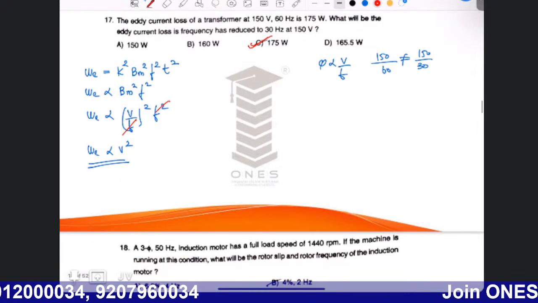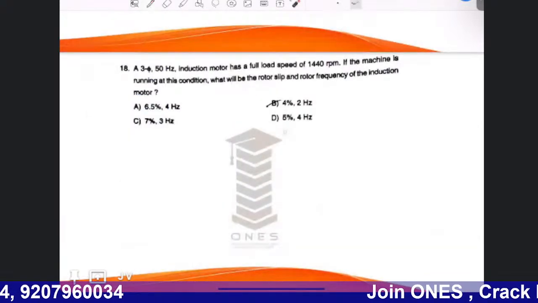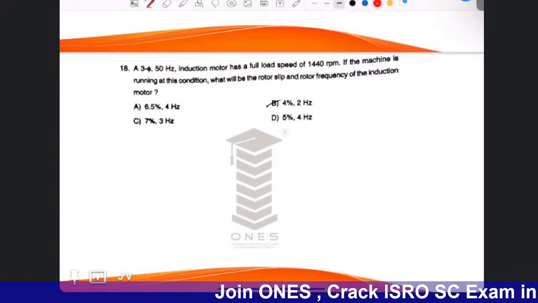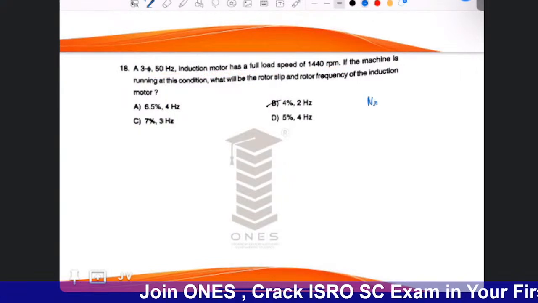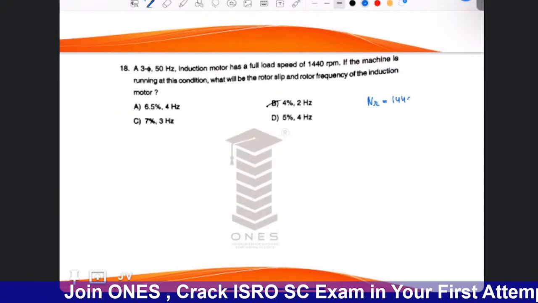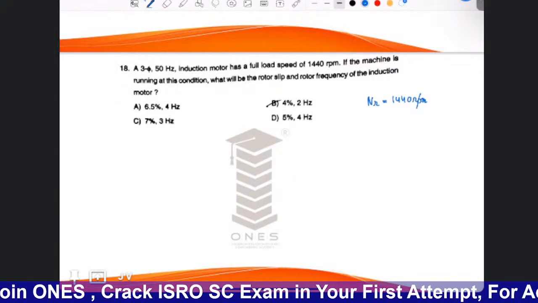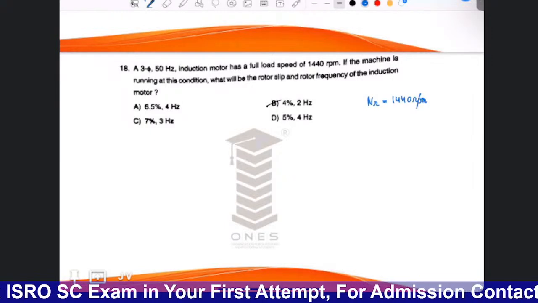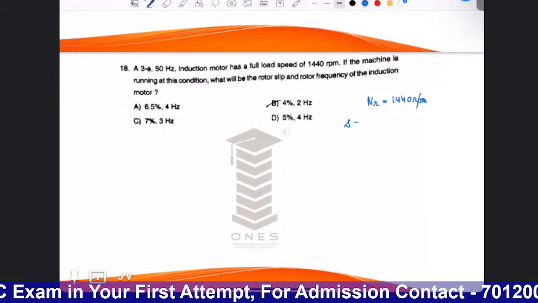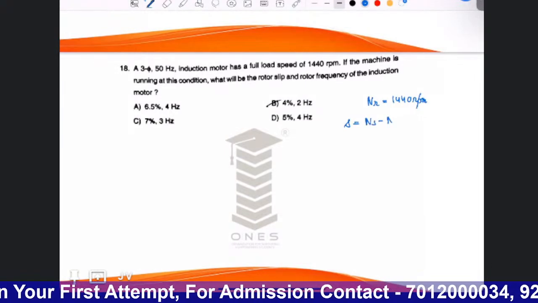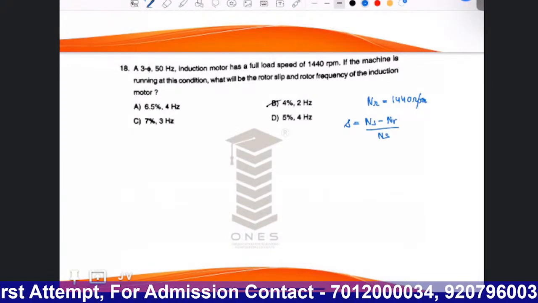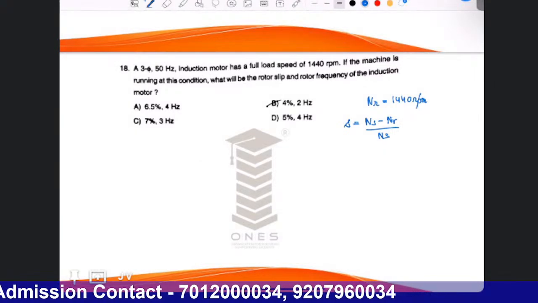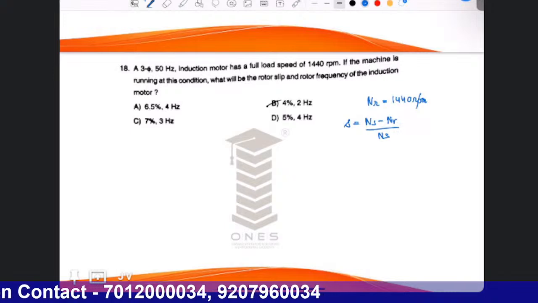Okay, yes. 18th one. A three-phase 50 Hz induction motor has a full load speed of 1440 rpm. That is, NR is how much? 1440 rpm. If the machine is running at this condition, what will be the rotor slip? We know slip is what? NS minus NR by NS. So to solve this question we need NS, right? So what will NS be? NS will be equal to